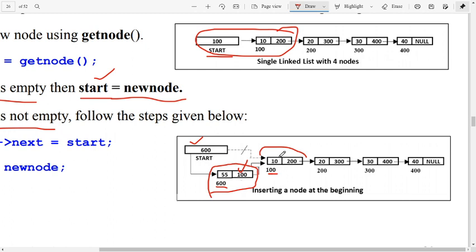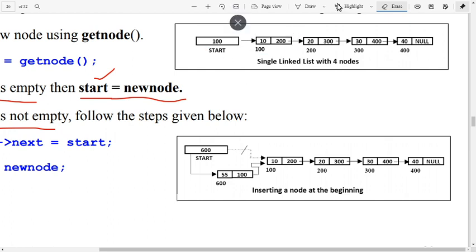So the difference here is that there were 4 nodes earlier, now there will be 5 nodes. And the new node we have inserted will become the first node. According to the above figure, there are 4 nodes, node 1, 2, 3 and 4.